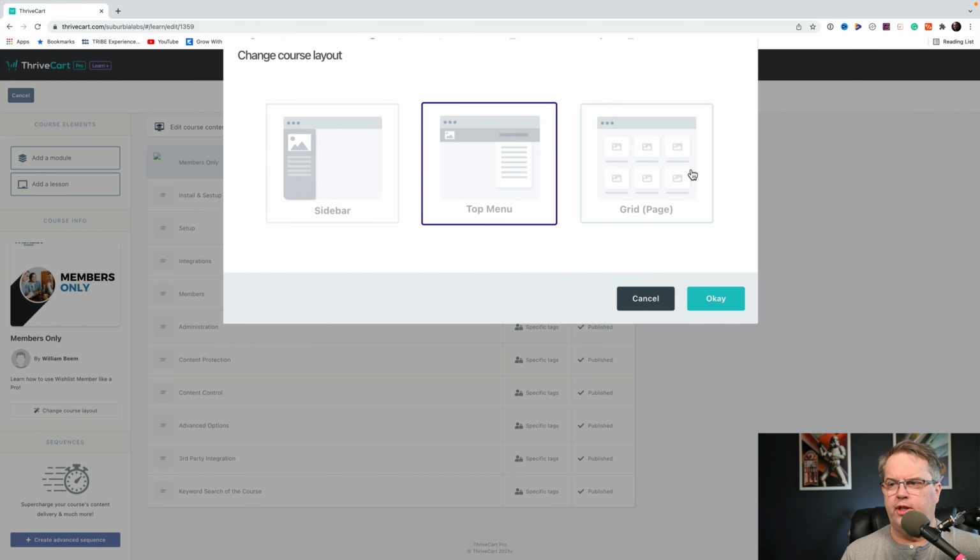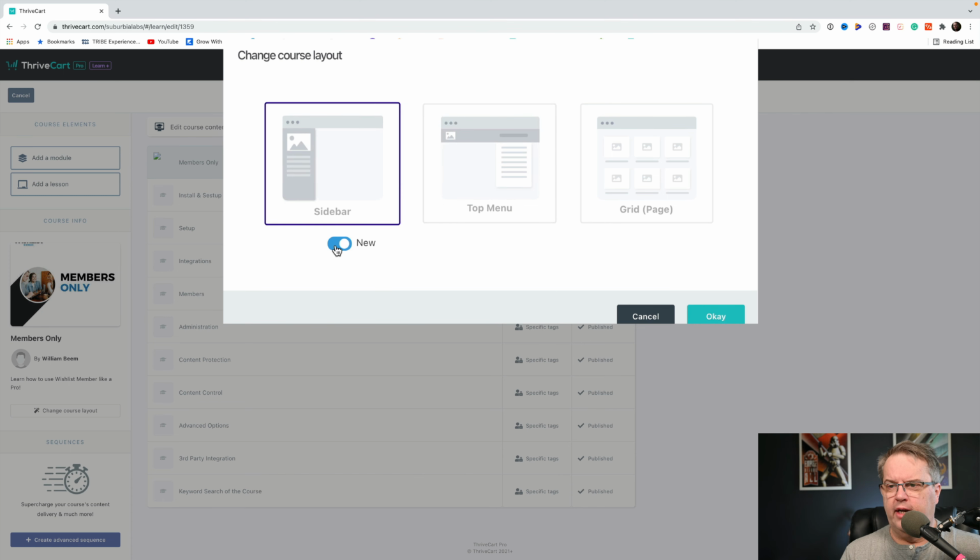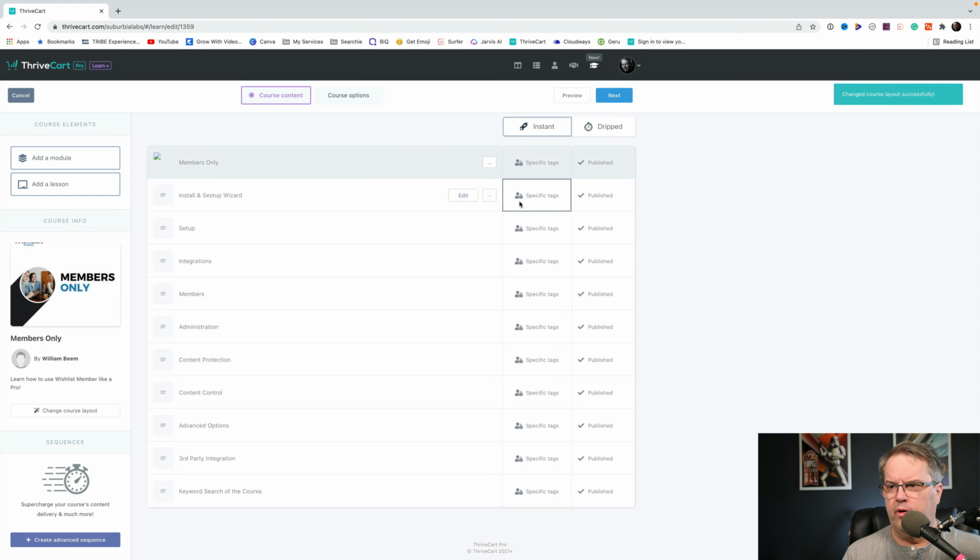And the next option, if you see the grid pane, I won't bother going into that. You can see that it will show your courses, the lessons in your course, just one after the other, so that way users can select. So you've got the sidebar, and there's a legacy sidebar. This is what it used to look like, and there's just a little bit of enhancements to it. Let's go ahead and take a look at that. We'll click Proceed